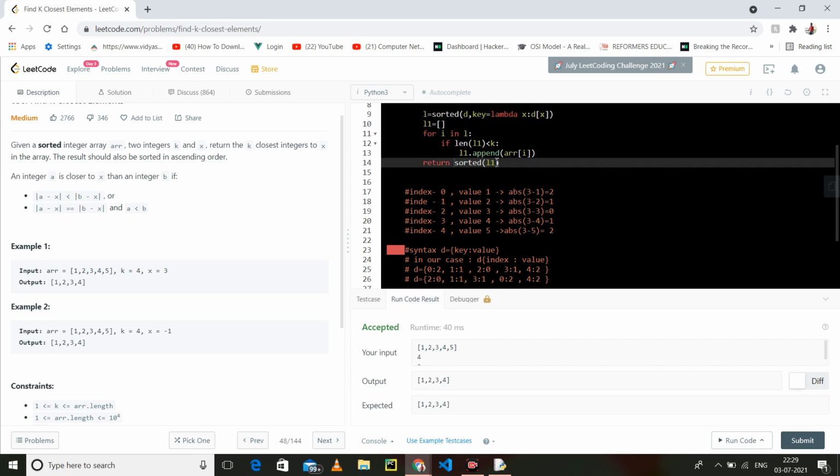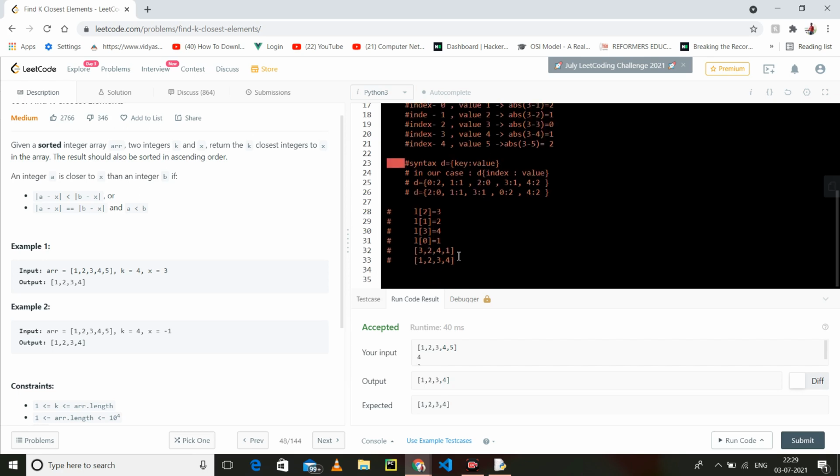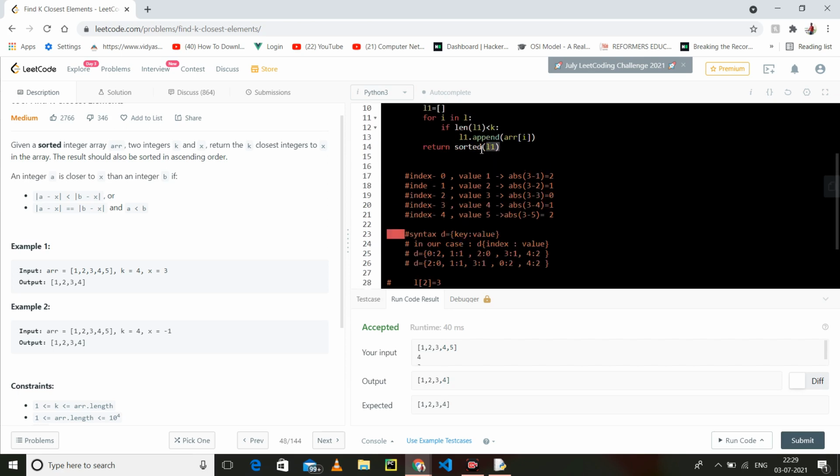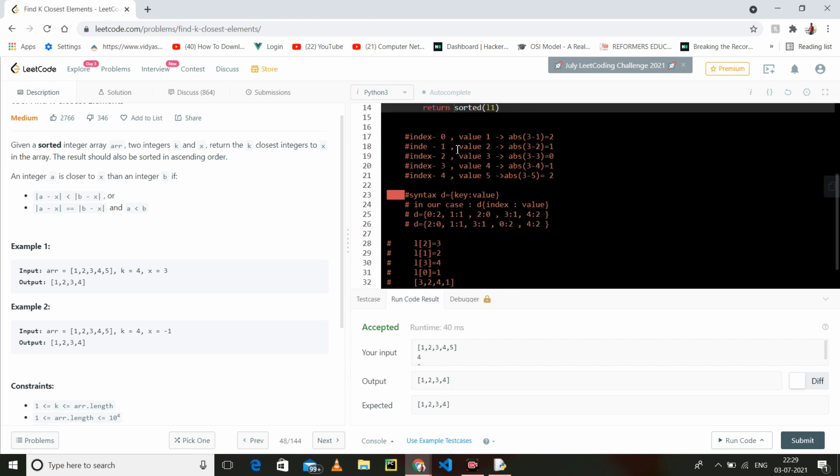When I come out, I have to sort this as well, because previously I had 3 2 4 1, which is unsorted, but I have to return the sorted array. That's why I have just returned it sorted. So what you have to do is take the index and the absolute difference. To find which value is closer, sort on the basis of absolute difference. Now the absolute difference has been sorted.